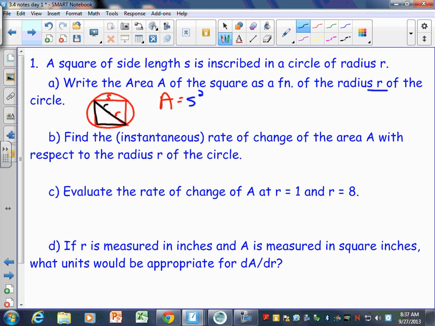We're getting there. That's part B. Part A, you gotta get the equation before you can take the derivative of it. So do you agree that this is a right triangle? This would be S, and this would be S. So could I write the relationship between those three sides using the Pythagorean theorem? So could I say side squared plus side squared equals what squared? Equals R plus R, which is 2R squared. You have to square the whole thing, right?